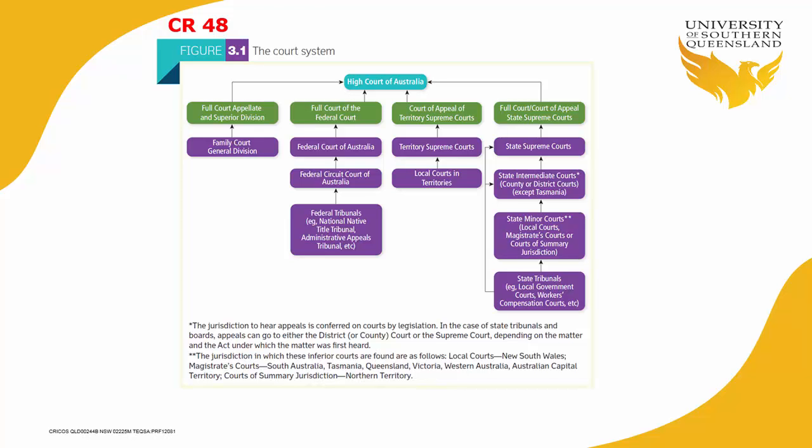and it is also the final court of appeal for the family court general division. So if there's a cause of action in the family court under family law, that would be appealed to the full court, appellate and superior division, and if the parties still would like to continue the appeal, and of course that's not really a matter of right but a matter of privilege, basically the idea that the High Court will give you leave to bring your cause of action to the High Court,